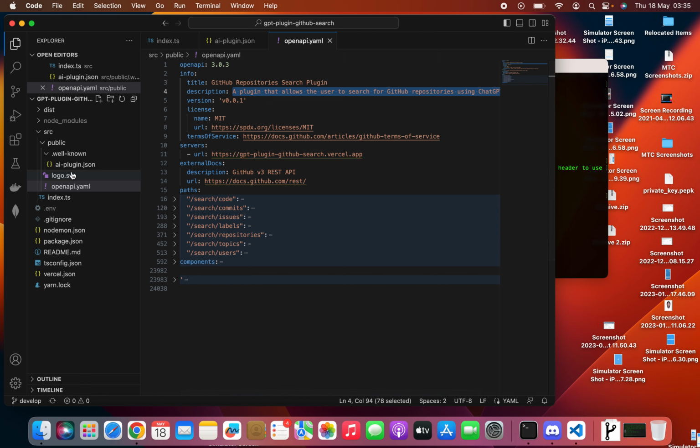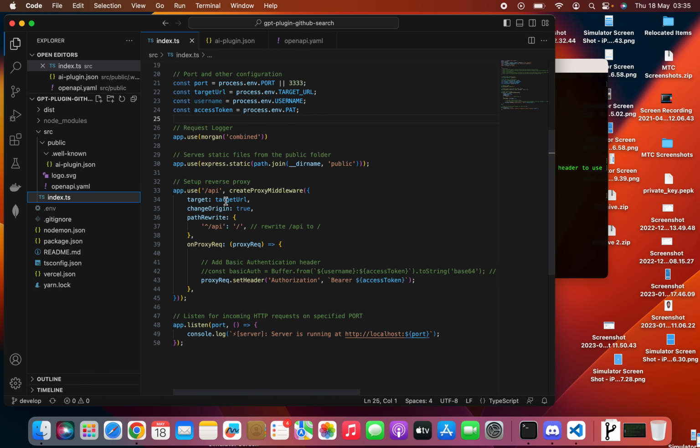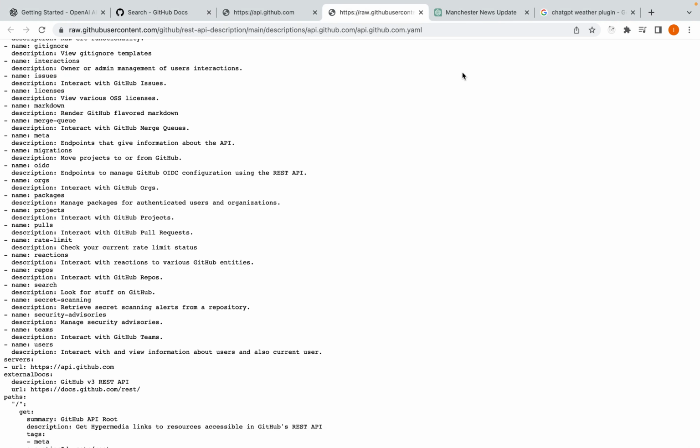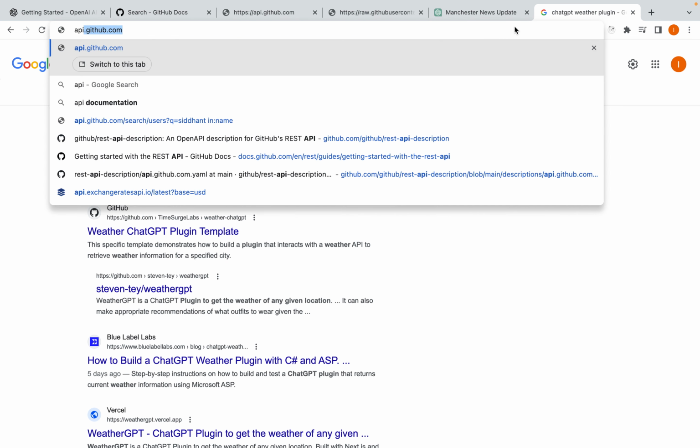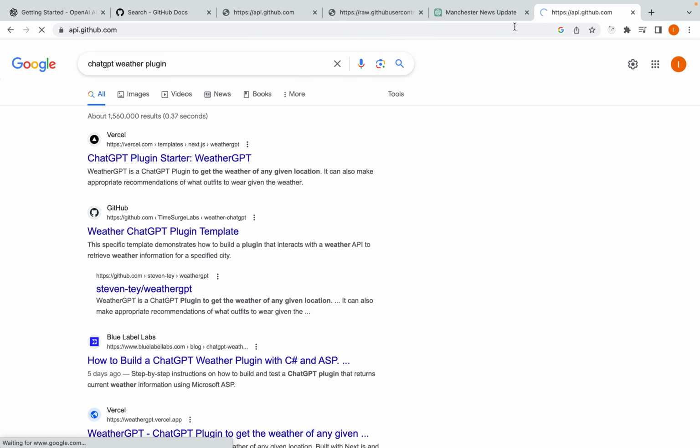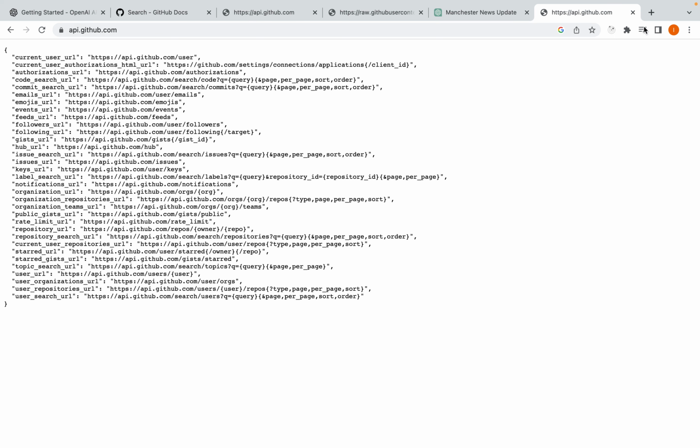So once you have your API, this is my API. Like I said, just a reverse proxy. You call this endpoint /API, and it proxies it to the GitHub API. I'll just demonstrate that, for example. If this is the GitHub API, api.github.com, and I go to it, this is what I see. If I go to my own API that I've hosted,